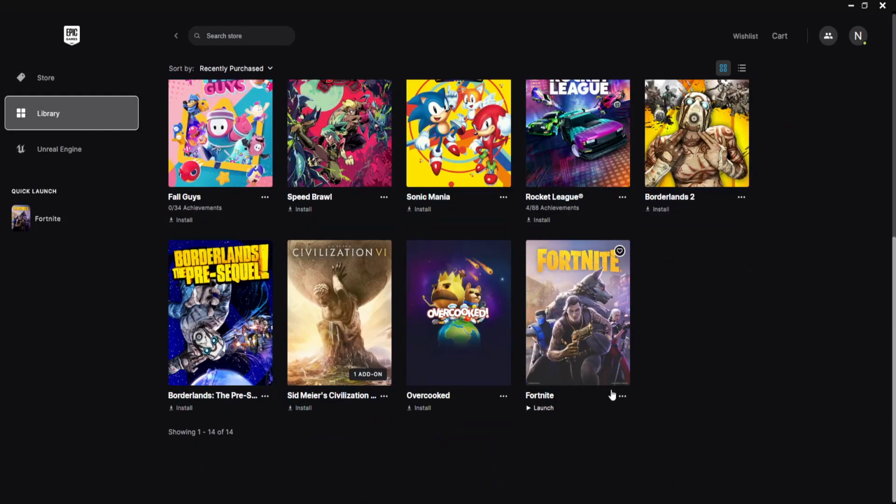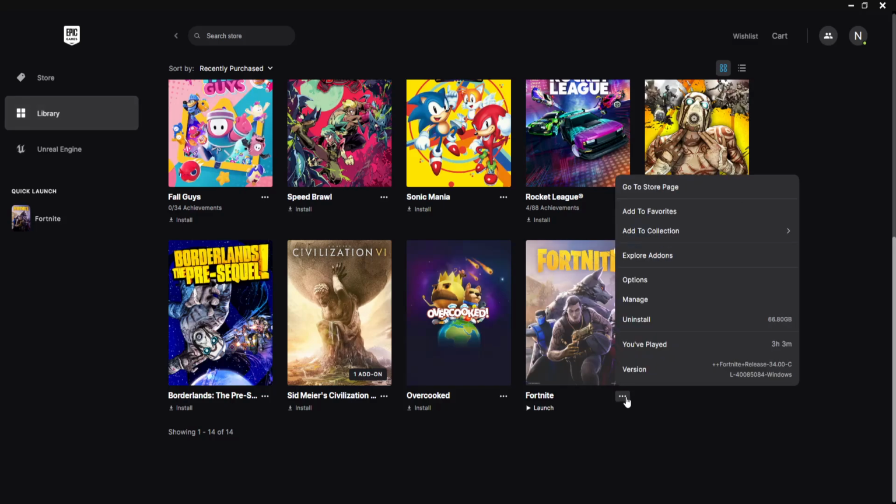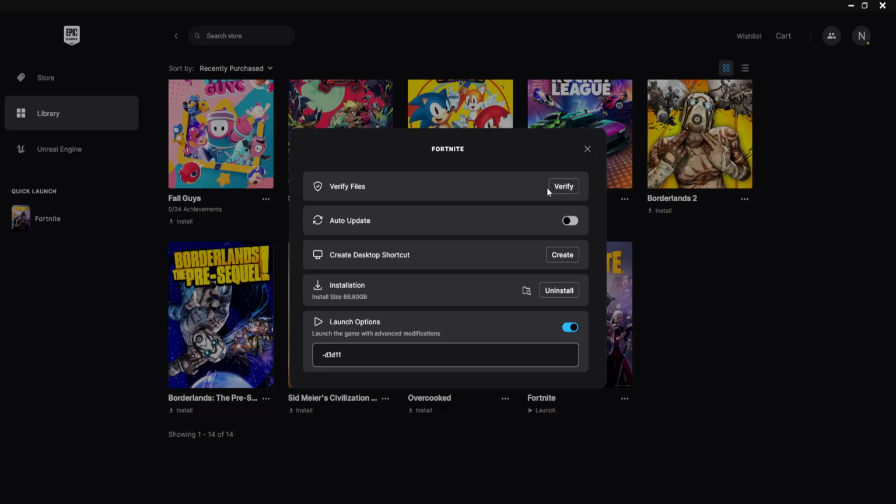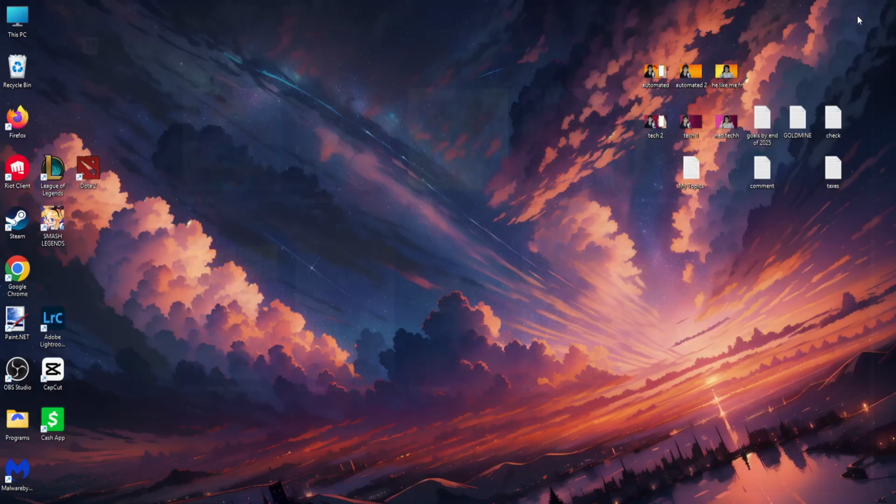Here you want to find Fortnite, click on the three dots, then select manage, and the first thing that you want to do is verify the integrity of the files. Click on verify, wait for it to finish, and then see if that fixes the issue for you. If it still doesn't, the second method that I'm going to show you here, you want to right click on